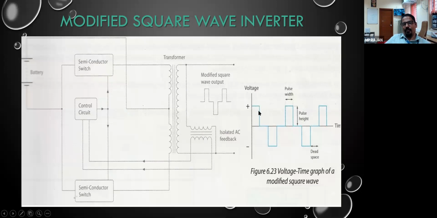So this is the conducting period, you can say in one direction. So this area is a conducting period. From this point to this point, you can say non-conducting. Neither semiconductor switch 1 nor semiconductor switch 2 is working. So both are not working, which means there is no output supply here. Again, in this period, this is a conducting period, but in the reverse direction, and it is continuous. So you can change the output waveform as per the requirement.